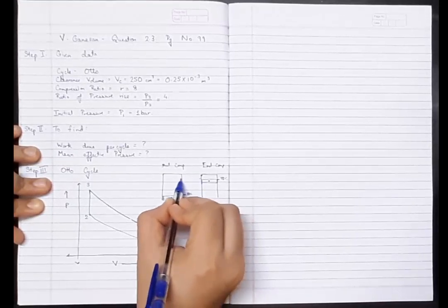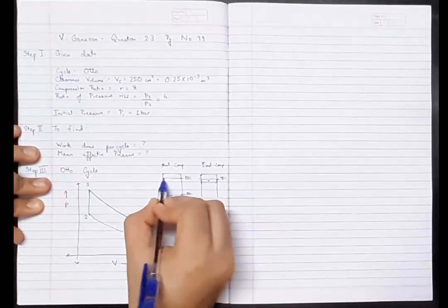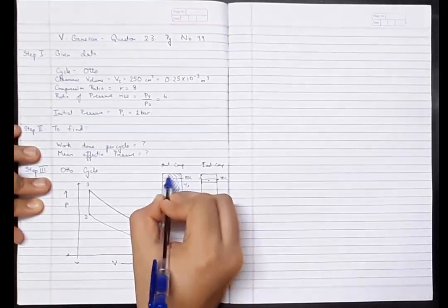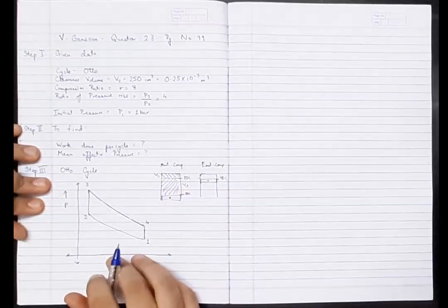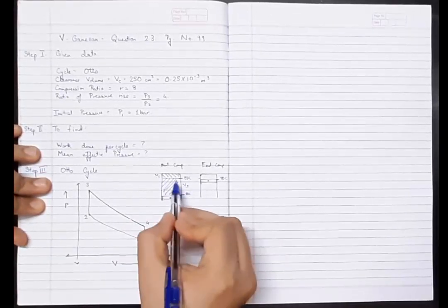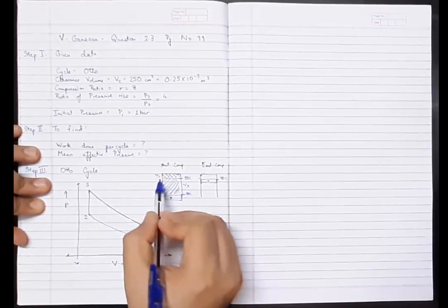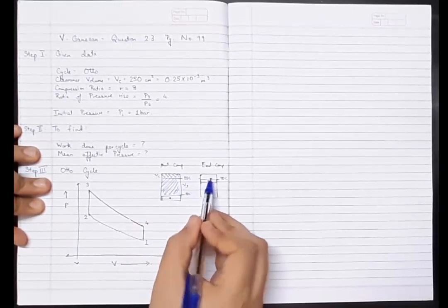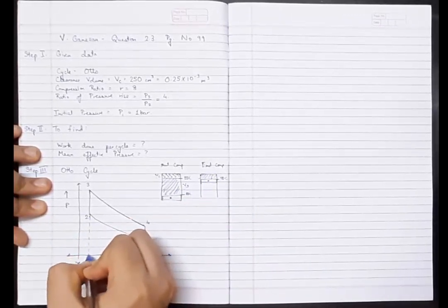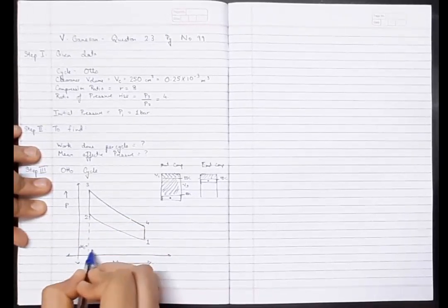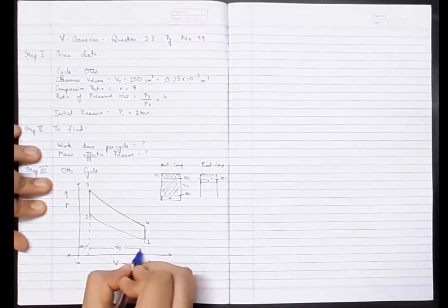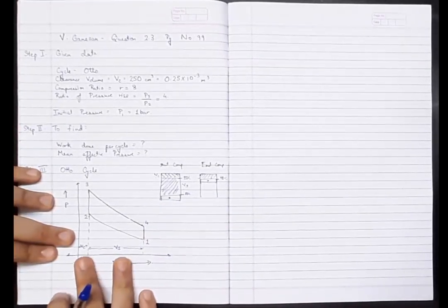So this much volume, let's say this is the BDC over here, is known as the swept volume. And the volume above the bottom dead center is known as the clearance volume. So at the beginning of compression, the total volume is what? Vs plus Vc. And at the end of compression, the volume is only Vc. So using this logic, we can say that this volume is Vc and the volume traveled is Vs. This is a very important point which you must keep in mind.